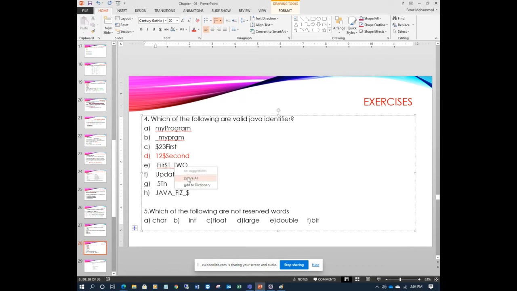And here it is showing first under 2. Okay, this is also correct. It begins with a letter or underscore, no problem, no spaces. You have to see all the rules of naming identifiers. And here there is a space, can you see in F? So this is incorrect, because of the space in the words.